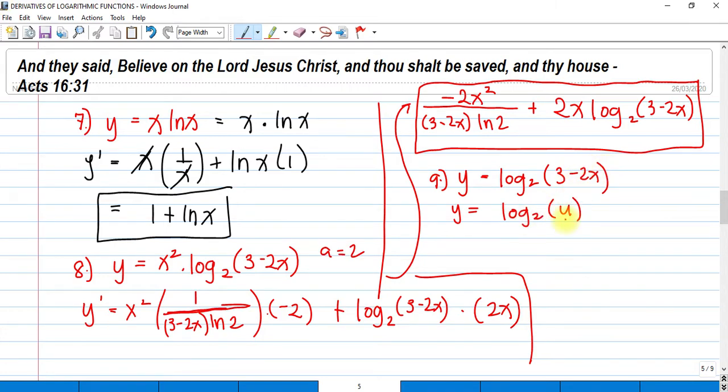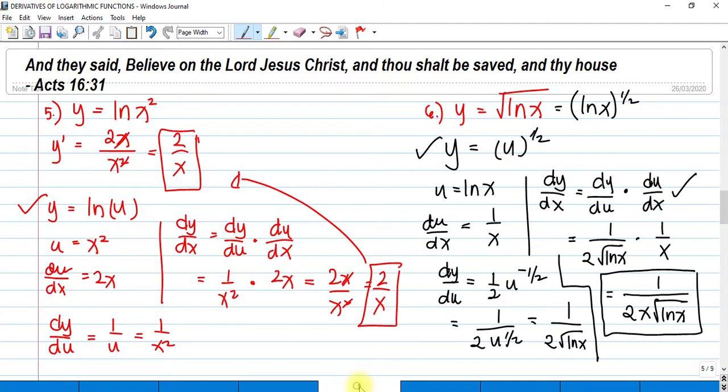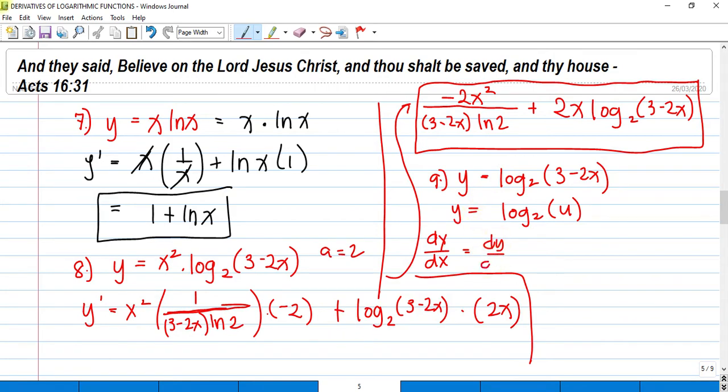3 minus 2x, I let you. So in order to get dy over dx, again, we have to use the chain rule. We have, what is our formula a while ago? That is dy over du times du over dx. So our dy with respect to u is simply, we can get dy over du,